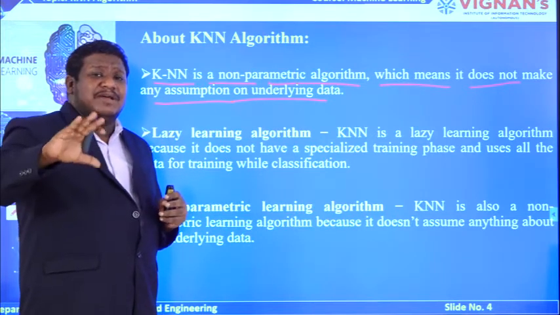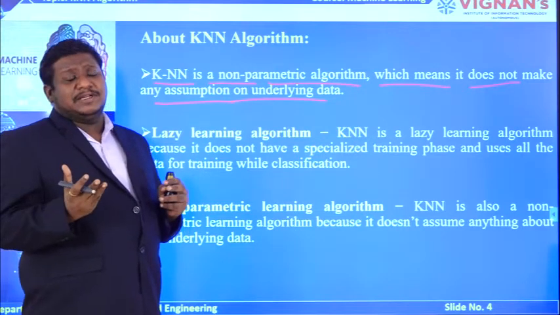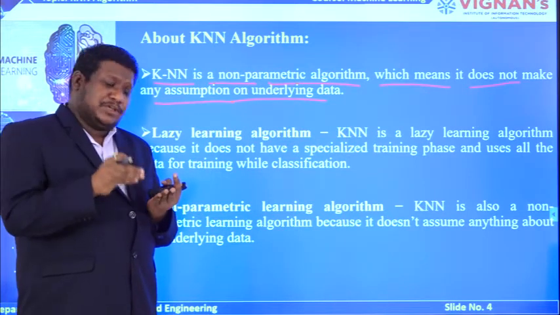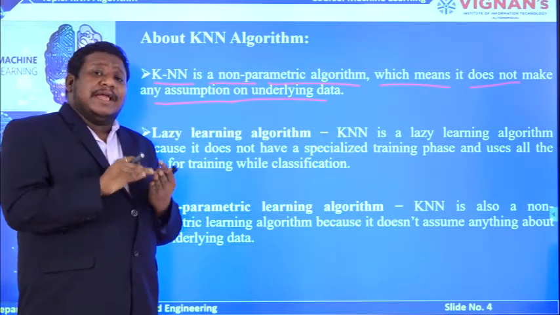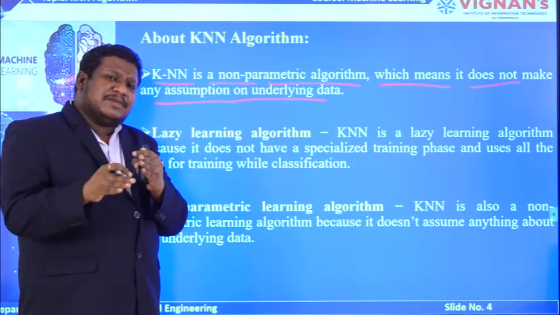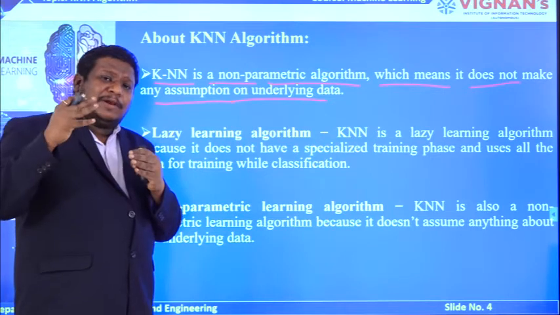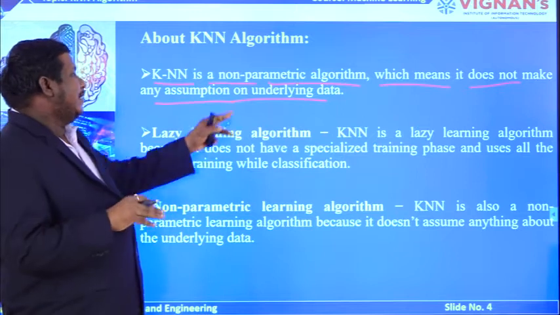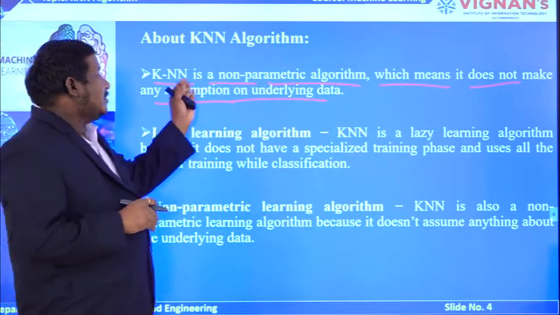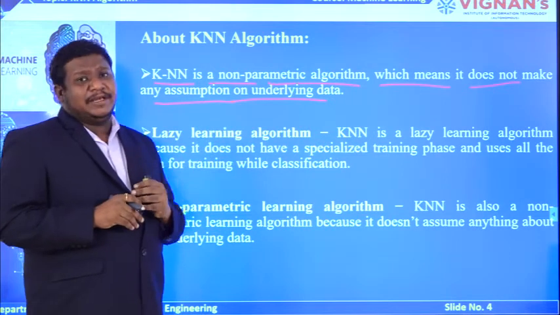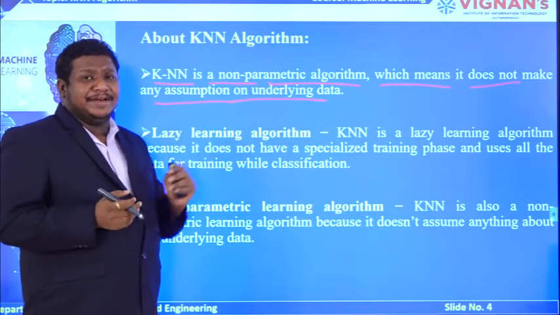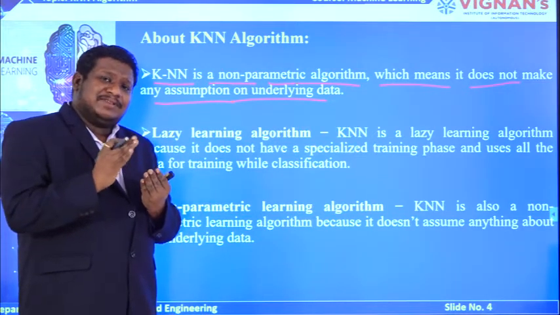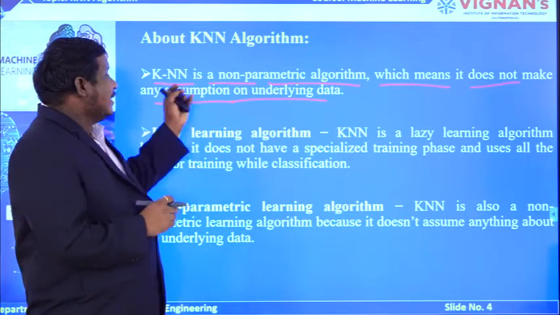An underlying data is the data which has the entire information about that particular data. If you take any variable in the data, it has its own data type, its own variables, and the data is represented in terms of tables. Everything regarding a particular object or thing can be stored in a single point, and that can be taken here as underlying data. So this KNN algorithm is a non-parametric algorithm that deals with underlying data. Whatever data you have, all the variables, their data types, everything is being counted. That is the thing about KNN.